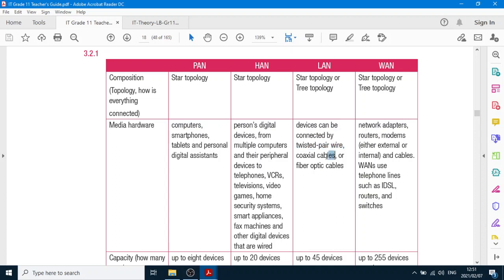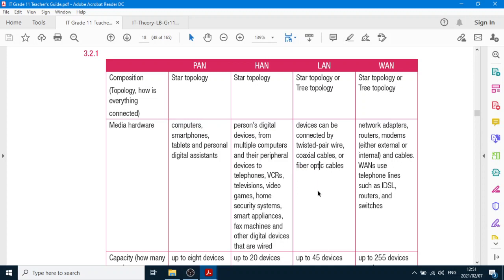Now the other one that we never talked about was coaxial cables. Those are the ones that will go up the walls of a building structures. They're not very bendable, but they will normally connect one room to another room, and there will be long cables that will go from the switch to a router. Then the fiber optic cables, you all know about that.